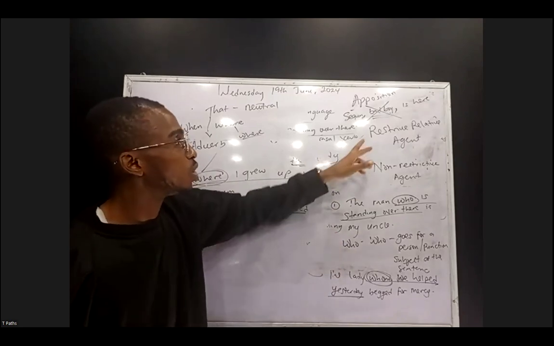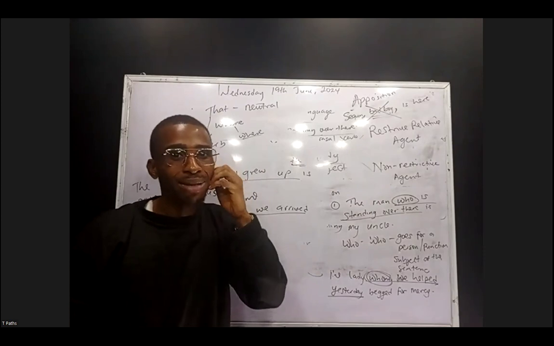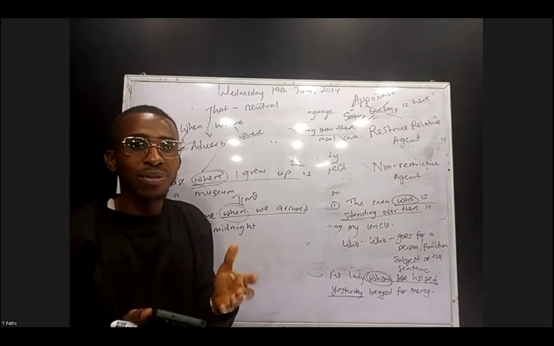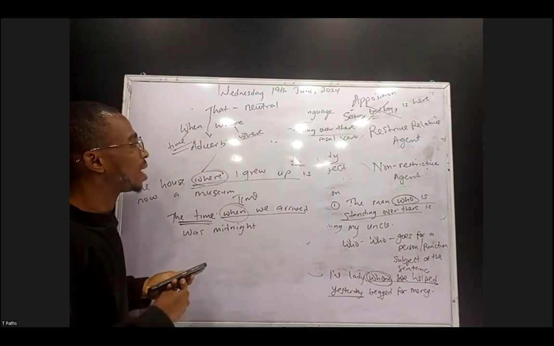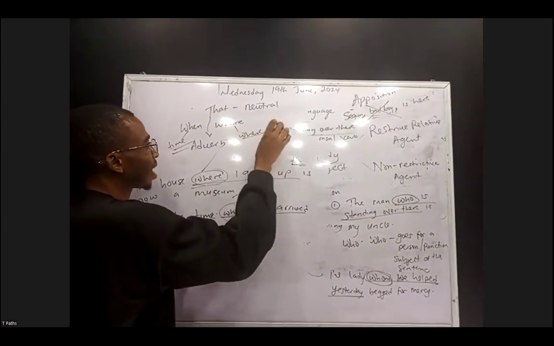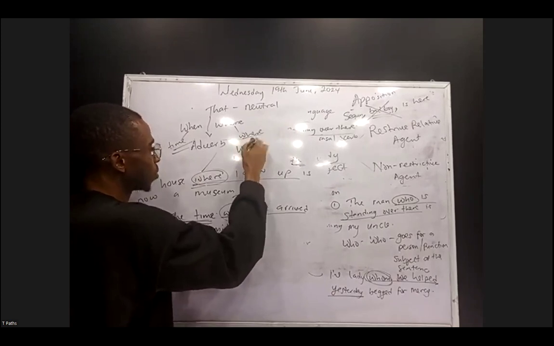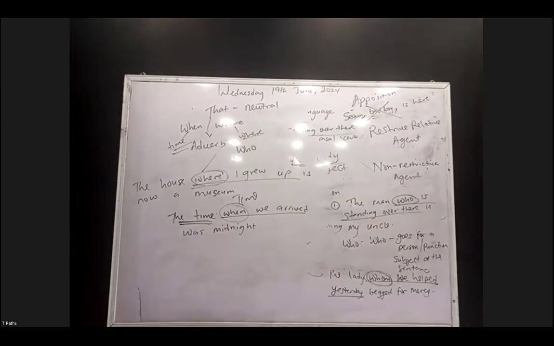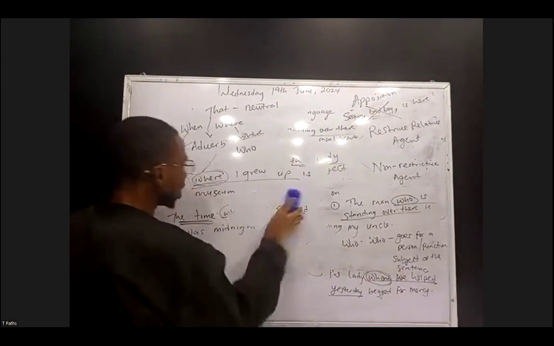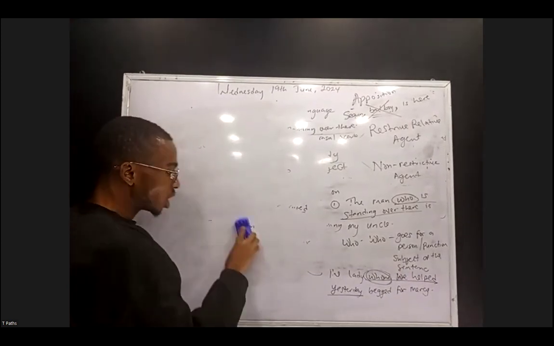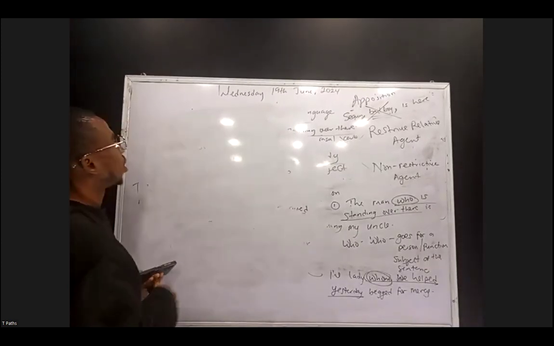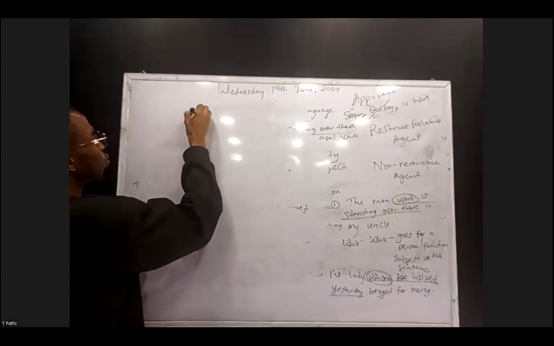Try to know the difference between restrictive and non-restrictive. At the same time, know how this particular relative clause functions. Don't forget that it's not only whose, because many people will be telling me, Mr. Pule, the last time you came to our class, you only mentioned who. Let me rub the board so that you guys can see very well. The relative agents you mentioned are who,